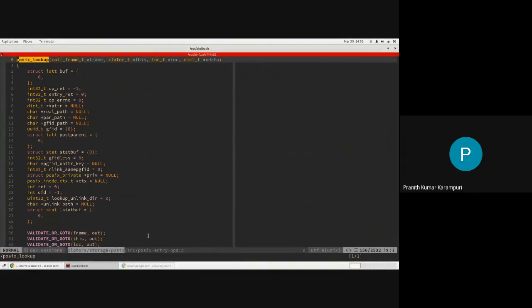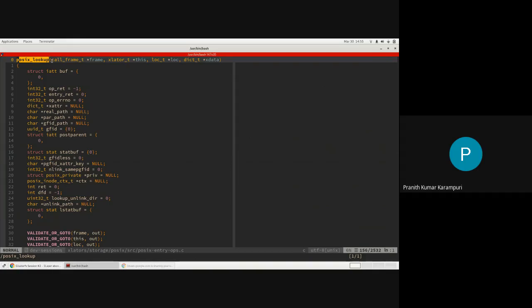All right. The main thing that is important here is how POSIX actually converts path to an inode.